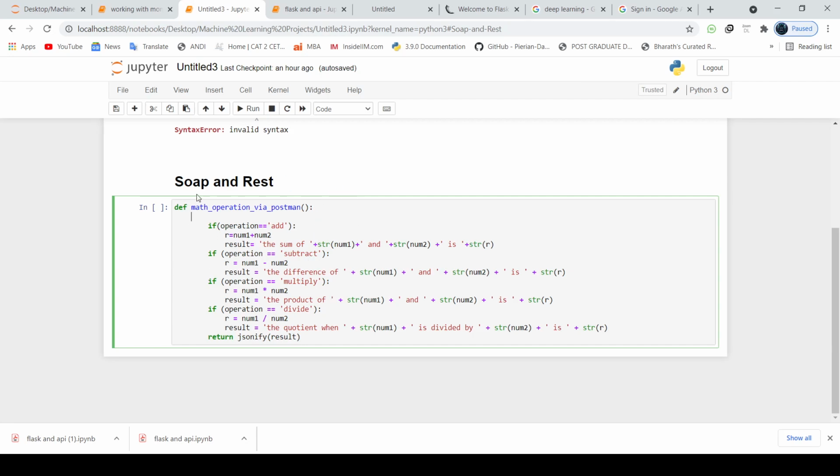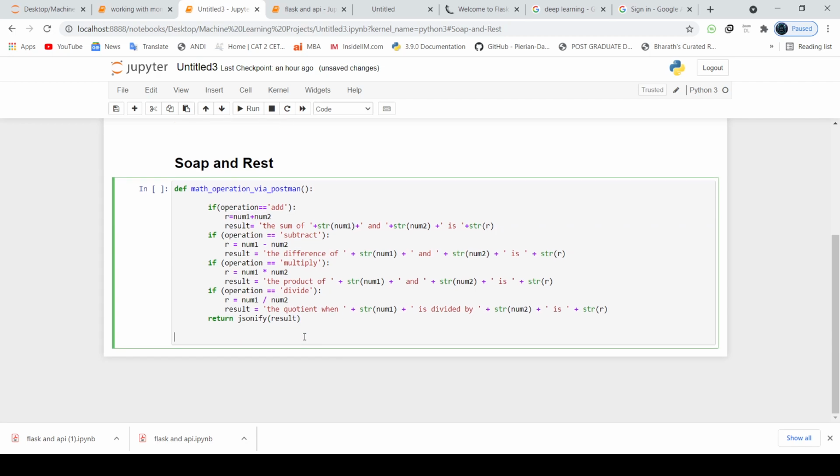So this is a very basic function, some math operation: plus, add, multiply, divide. If the operation is add, you have to add those two numbers. What you generally do is call this function, math operation via Postman, and you pass in the parameters like add, for example, and you give some numbers like 4 and the other number 7.